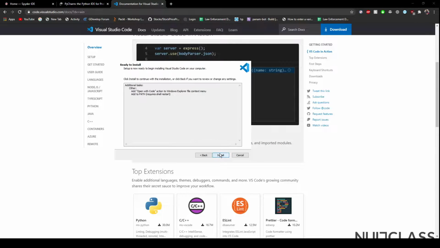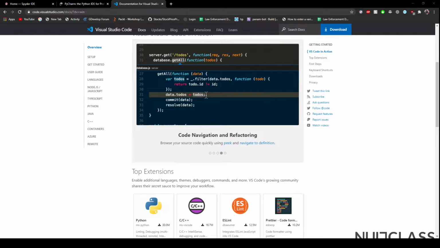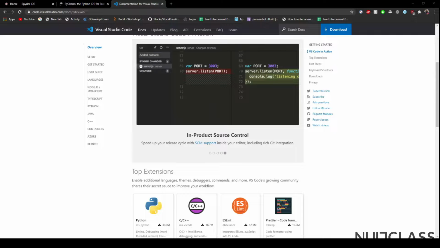Click on next and then click on install to install VS Code in your system. I won't be doing that now because I've already installed VS Code in my system, so I'll just press cancel. But in your case, you'll have to install it if you don't have VS Code already in your system. So now that we have installed VS Code also, we'll open it.